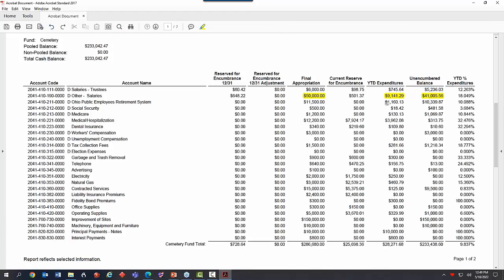So I have to evaluate how much I have to leave behind in this account for the cemetery sexton. And remember, if I'm taking away $30,000 of appropriations for salary, that means my OPERS account has a cushion in it as well. I could take away from that, but I'm still going to be paying some OPERS. So evaluate it, and you might look down to our contracted services account. So here's our contracted service where the contractor is going to be paid from. So I have to evaluate this account as well.